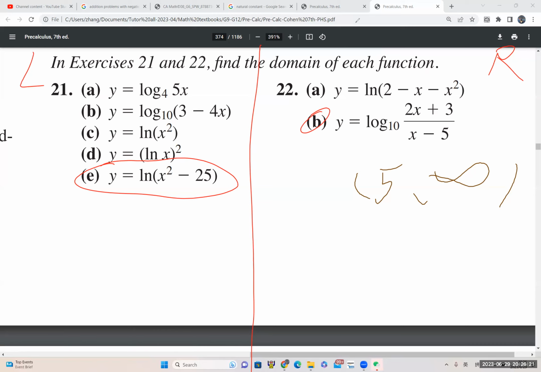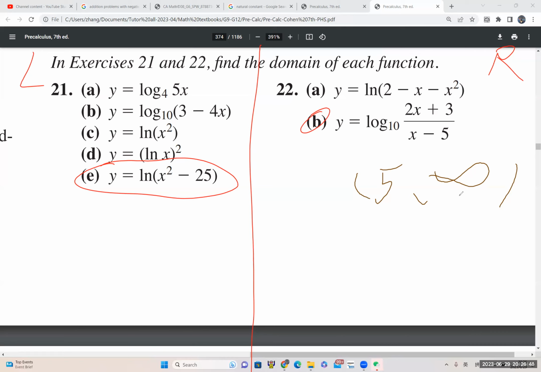Together it's 7/10. So it works, right? So that means this is just part of the domain. That's my point. Think about how to get another part